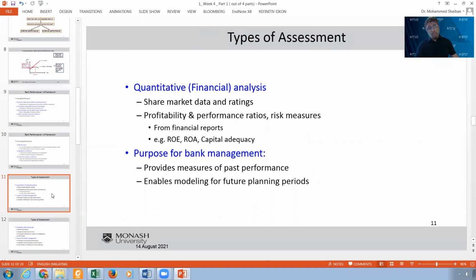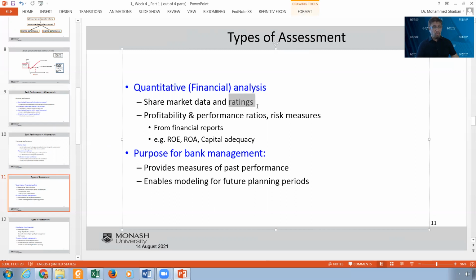Now, if you look at it from a different perspective, whether you are talking about internal or external, you can divide it into quantitative and qualitative. So let me talk about the quantitative one, which is the financial analysis or the financial ratios. That includes share market data and ratings. Rating agencies also